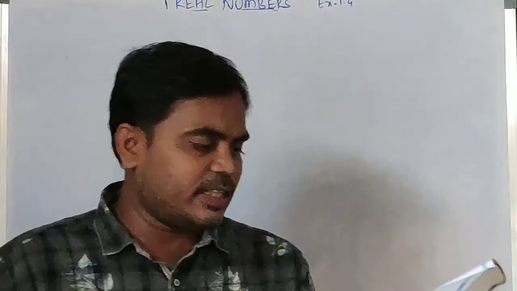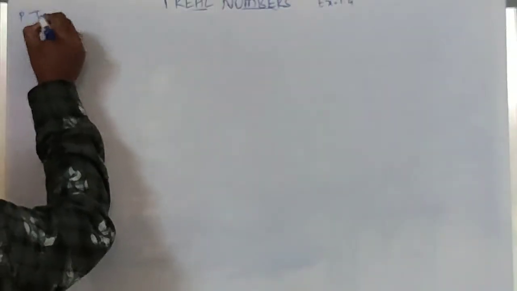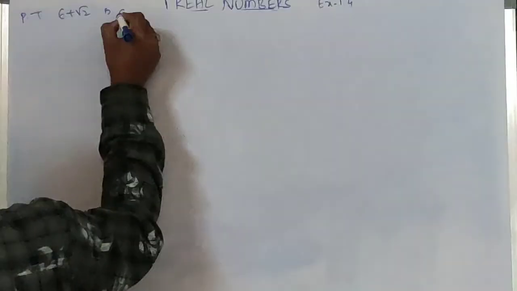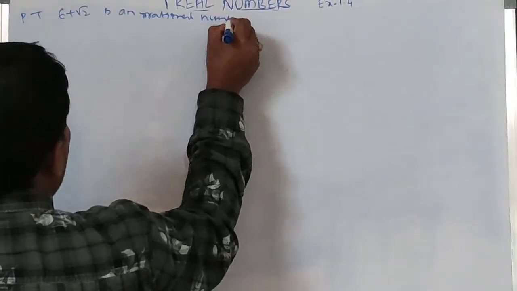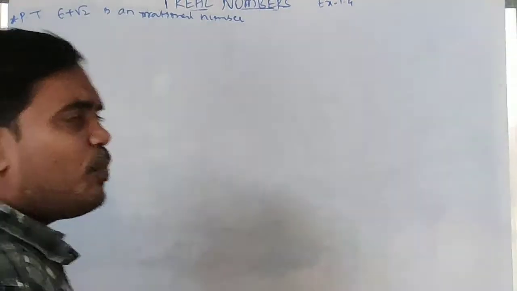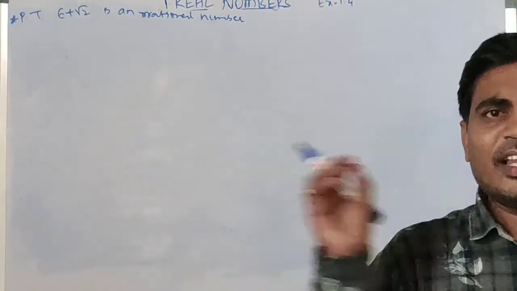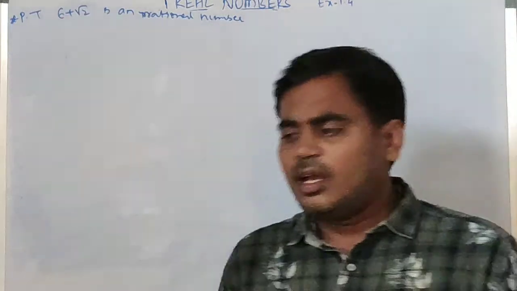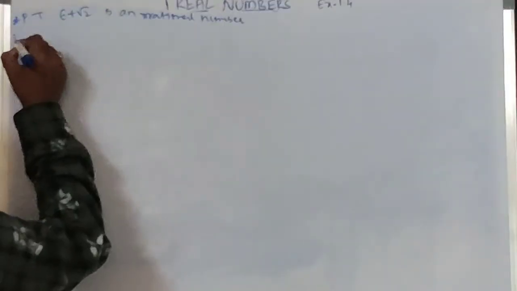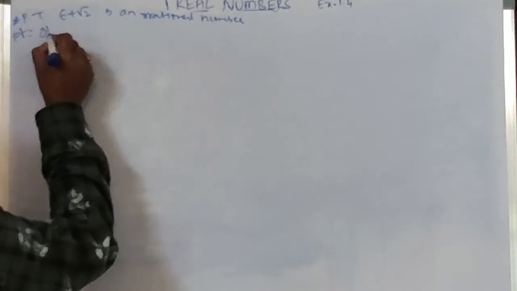Real numbers, exercise 1.4. Prove that 6 plus root 2 is an irrational number. To prove the given number irrational, we assume the opposite. So 6 plus root 2 is an irrational number, but I am taking it as 6 plus root 2 is a rational number. Proof: if possible,